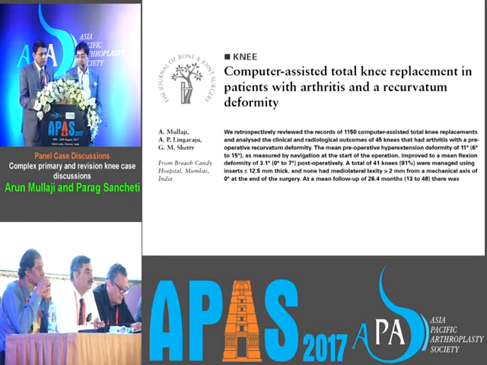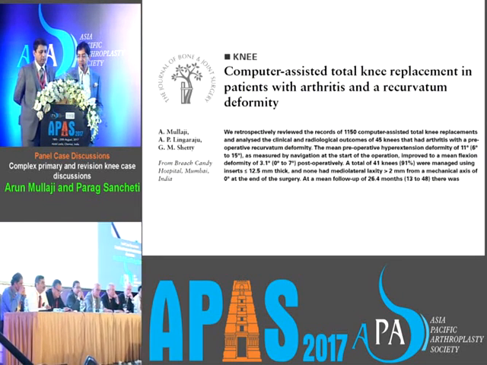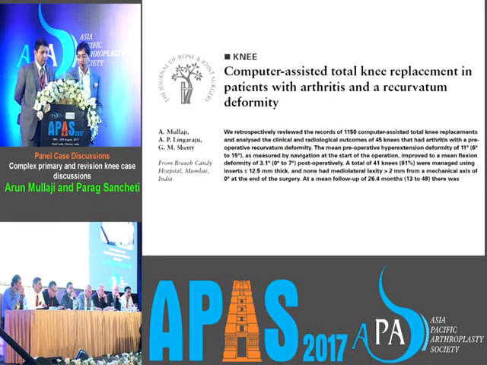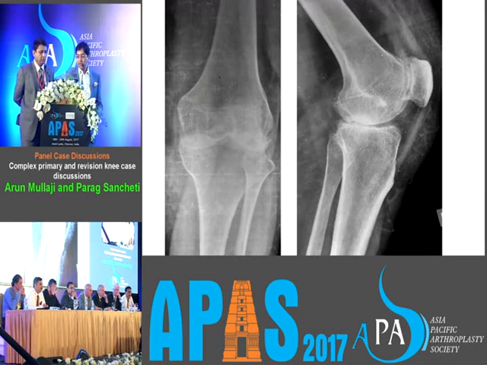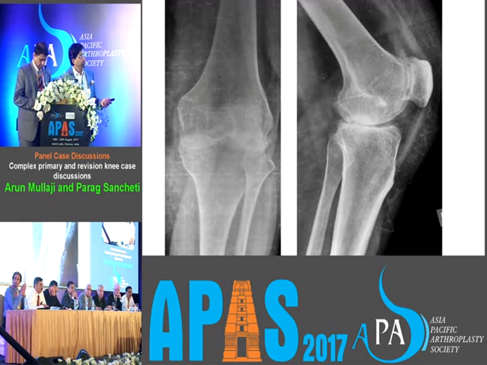So if you want to refer to recurvatum deformity correction, that's in the Journal of Bone and Joint Surgery. And this is the last case. This is a young lady actually. You can't imagine how lucky we are, she's barely 30 years of age, bilateral rheumatoid